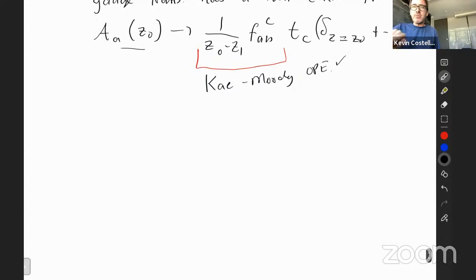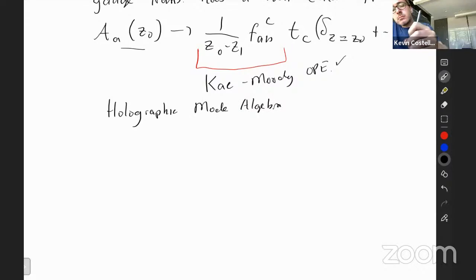So let me very briefly say how, it's already kind of obvious that this symmetry is present on the holographic side because it's just the gauge transformations. But it can be helpful to think about the mode algebra from the holographic point of view. So just like a local operator is obtained by modifying the boundary conditions at a point, so we get a field that looks like a delta function at a point on the boundary,